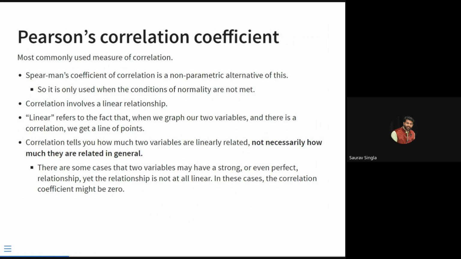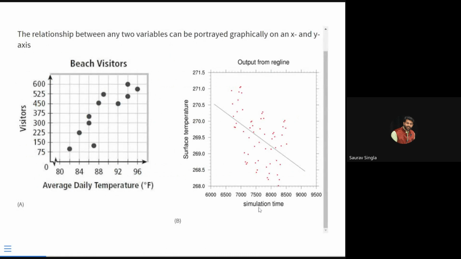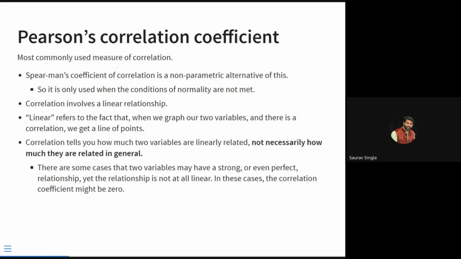Now in correlation, there are basically two very famous methodologies when you are considering correlation. Okay, what is correlation? Correlation is a quantitative measure. Assume that you already know that these two variables have some relationship. Like here you see simulation time and surface temperature, these two variables have some relationship, that understanding you have,